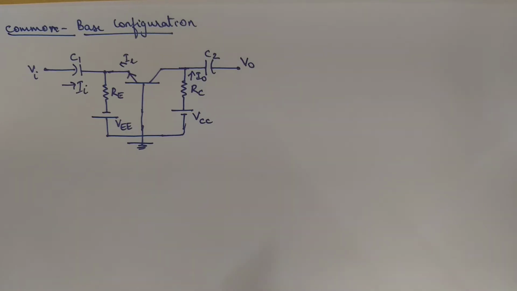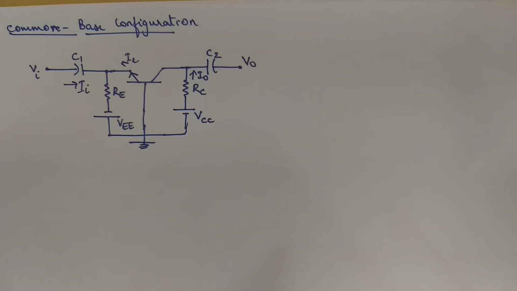So now, again following the same steps to draw the equivalent model, that is drawing the AC equivalent circuit and replacing the transistor by its hybrid model, that is, we are going to replace it with the simplified hybrid model. Another point to be remembered at this point is, since it is common base configuration, we will be denoting the parameters with HIB, HRB, HFB and HOB.